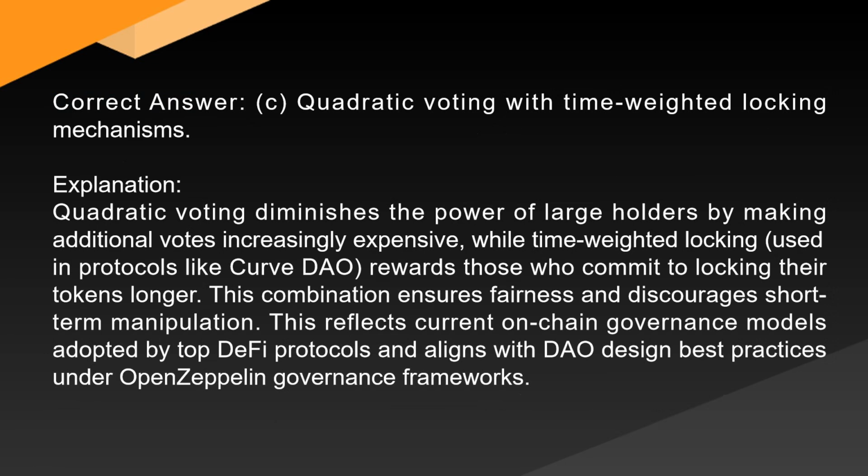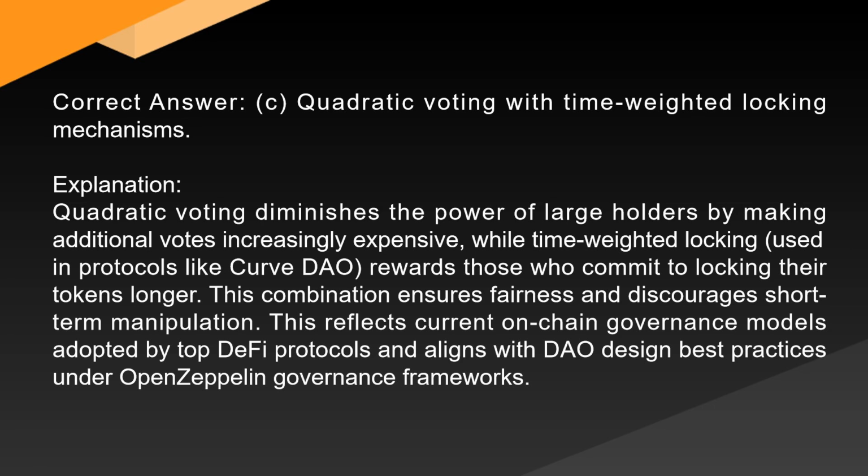Quadratic voting with time-weighted locking mechanisms. Explanation. Quadratic voting diminishes the power of large holders by making additional votes increasingly expensive, while time-weighted locking, used in protocols like Curve DAO, rewards those who commit to locking their tokens longer. This combination ensures fairness and discourages short-term manipulation. This reflects current on-chain governance models adopted by top DeFi protocols and aligns with DAO design best practices under OpenZeppelin